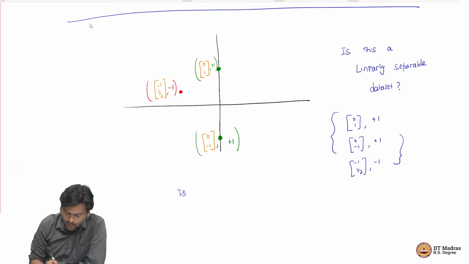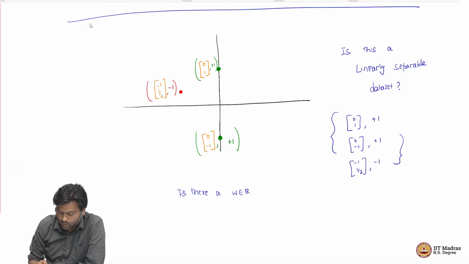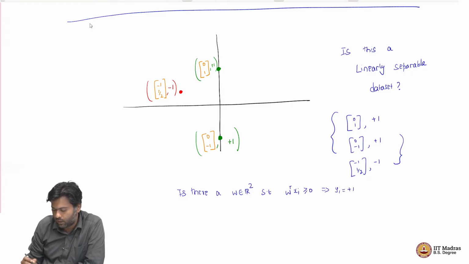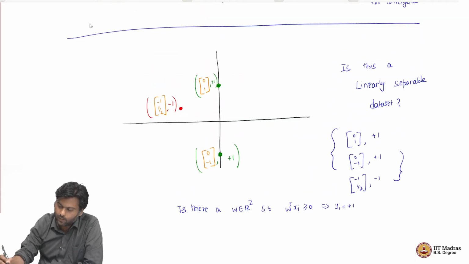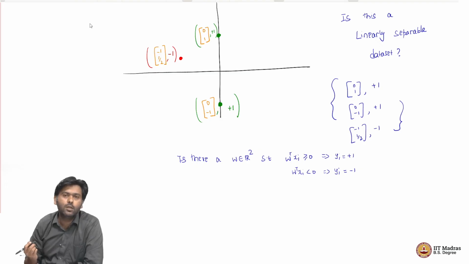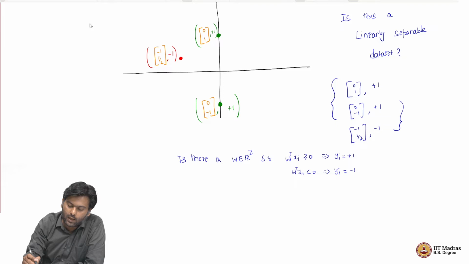So, is there a W in R2, this is a 2-dimensional W, such that W transpose Xi is greater than or equal to 0 implies Yi is plus 1, and W transpose Xi is less than 0 for all Yi which is minus 1, right. So, is there a W like this? Well, in fact, the answer to this question is yes, there is a W. What is that W? Well, that W is just